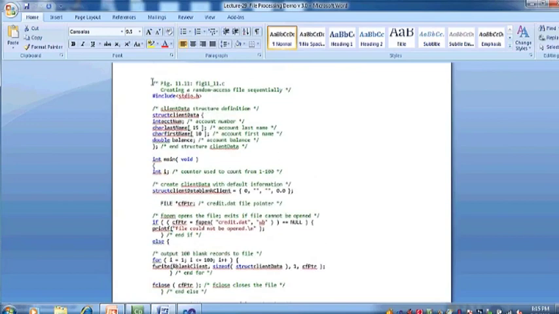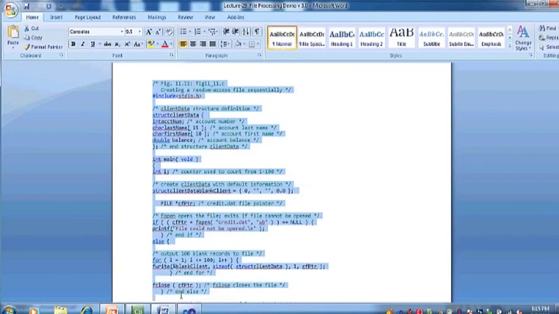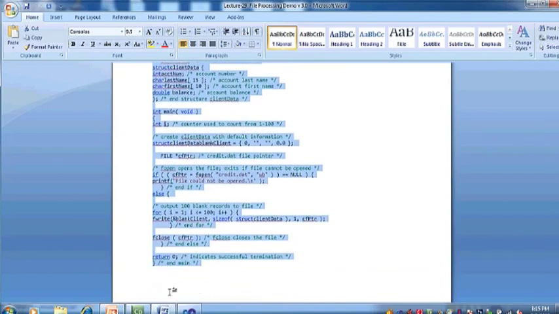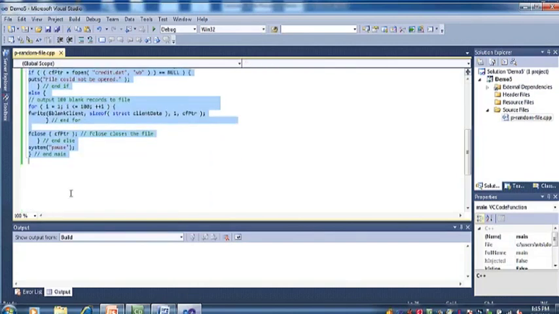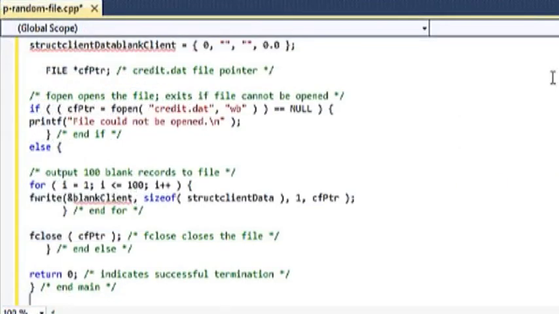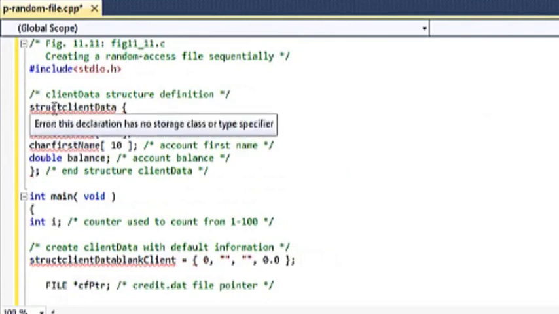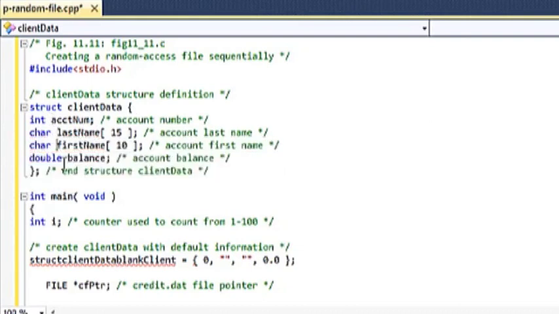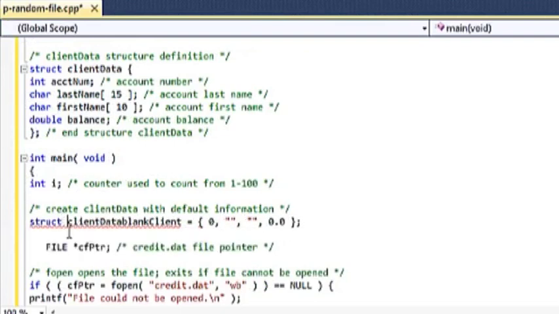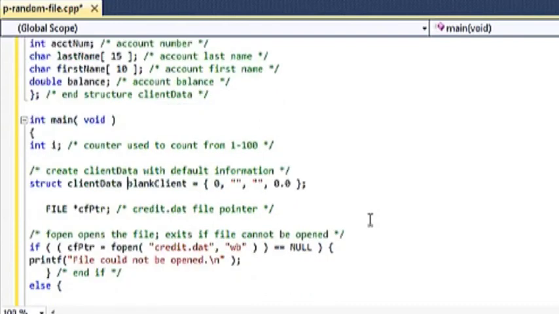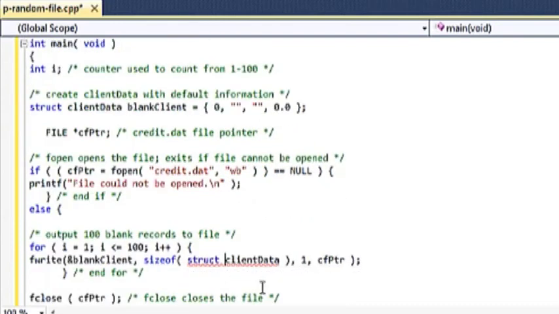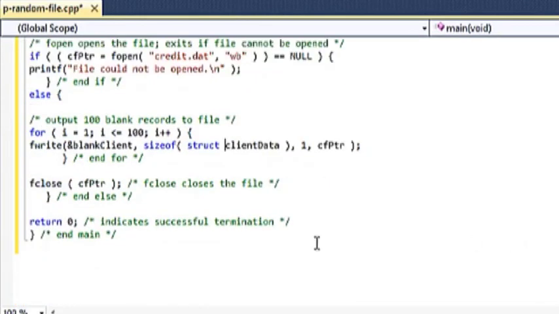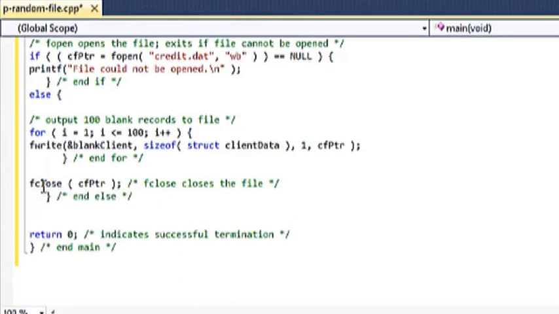So I simply copy, and I'm not saving it just to save time, Control V. Okay, slide editing: struct client data, integer account number, character last name, character first name, struct client data, blank client, struct client data. Okay, and before return,